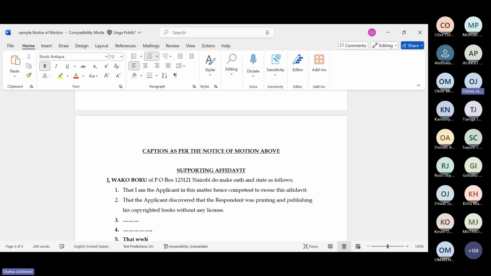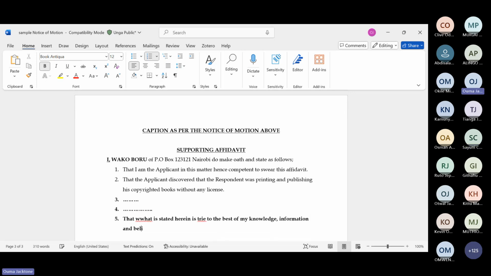That is the last statement of your supporting affidavit, that what is stated herein is true, to the best of my knowledge, information, and belief.